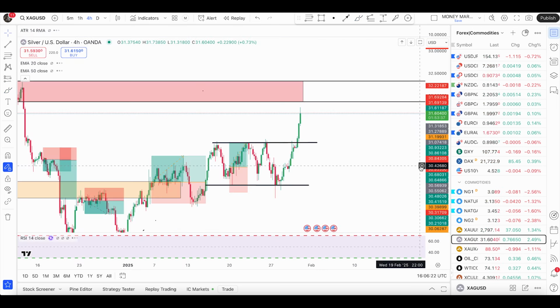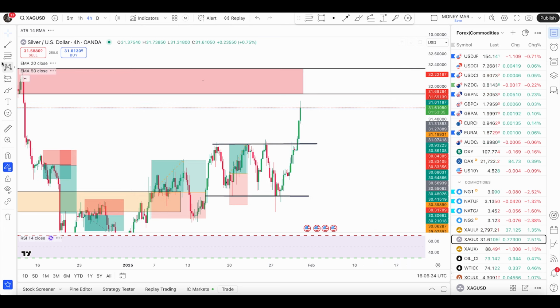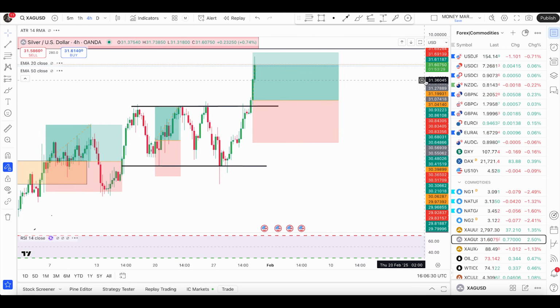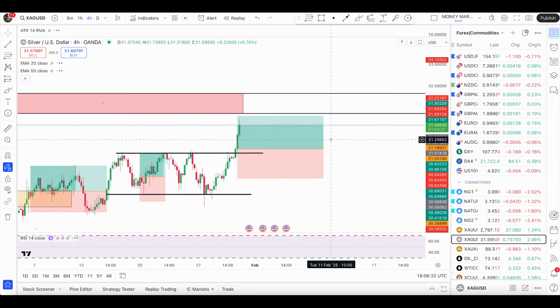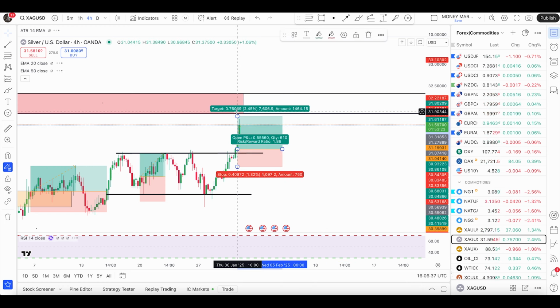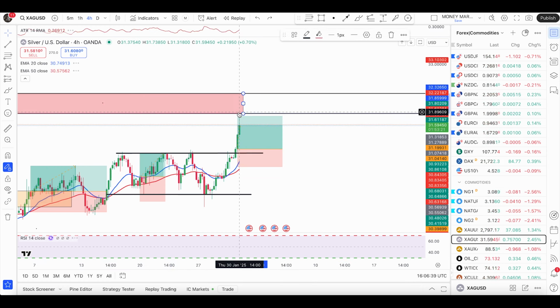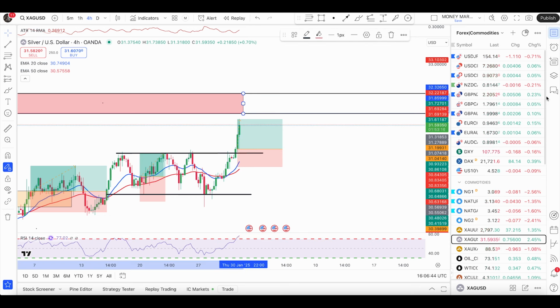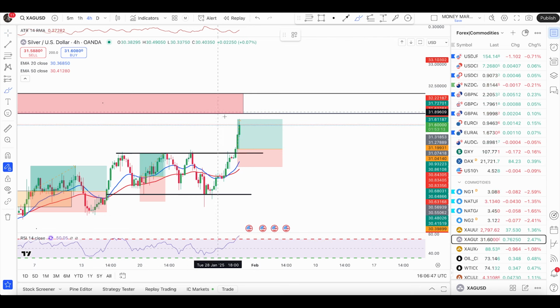Coming here on silver, it nicely broke out above this pattern. If you remember, I've said that a solid break will be an entry right here, can be a very aggressive entry, but an entry after a break of this consolidation. Now at this point, price is nicely pushing up, and as you can see, it is heading towards the next major level of resistance, which is right here. 3185 goes up to 32.32,